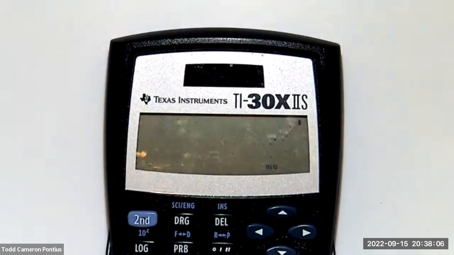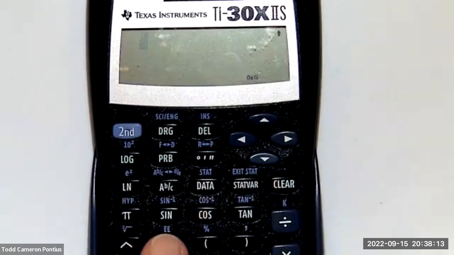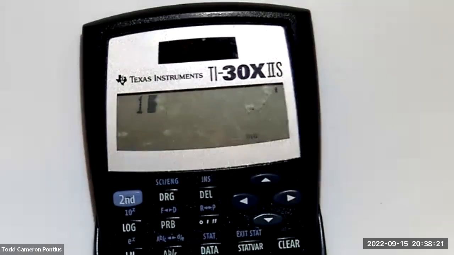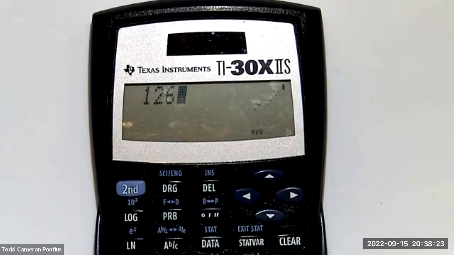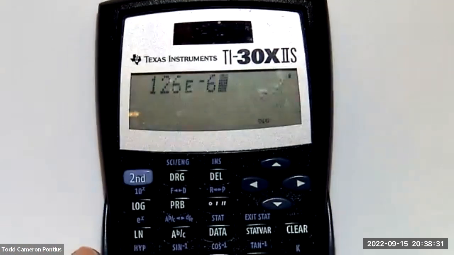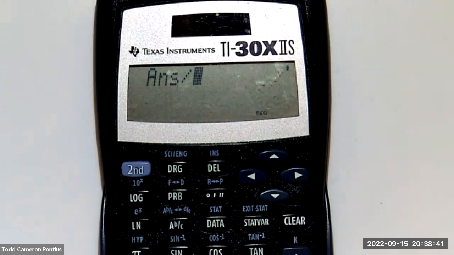And I want to point out, this has a very useful button that's often underutilized. The second E is really, really useful. The E just means times 10 to the. So when doing this calculation here, I can take 126. Micro means times 10 to the negative 6th. So all I have to do is type in second E, negative 6, and that automatically puts it into the appropriate form here. Then I divide by